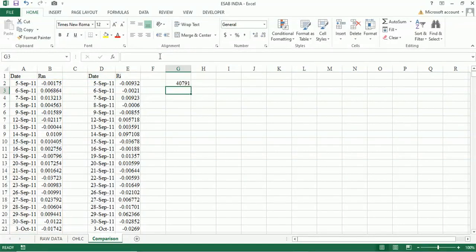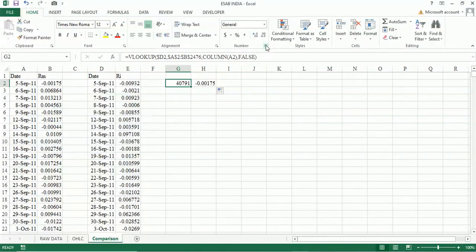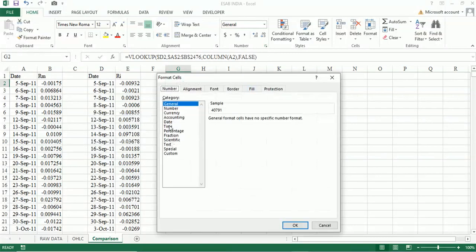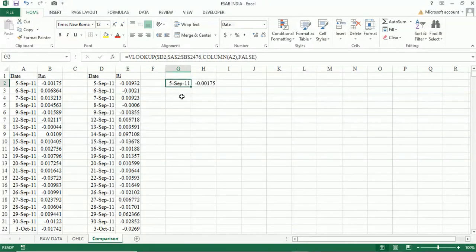Now if I press enter, this will be copied. See here, now I am extracting this data from this, so that data is available here. But this is not in a date format, this is a number format. You can simply convert this into short dates. If you need the date, you can click here, go to date and click this format of date, and the date is converted now.